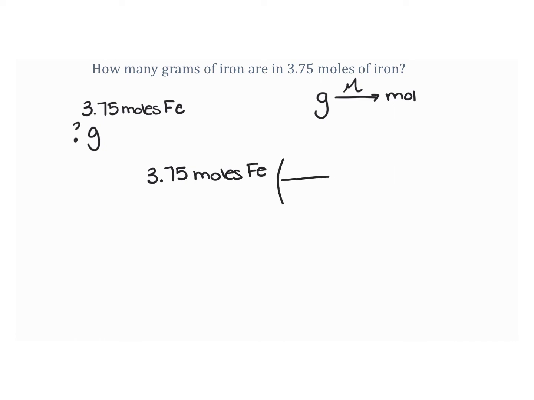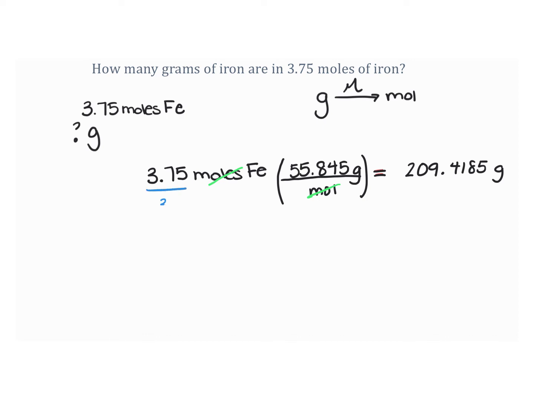And now I'm going to come here and I'm going to use the molar mass of iron. So I look up at my periodic table and I notice that the molar mass is 55.845 grams per mole. Now I know that mole needs to be in my denominator here so that it will cancel out. So that's 55.845 grams per mole. And we see here that our moles cancel and we're left with grams. So instead of dividing, what you're going to do here then is multiply. And so when you multiply, you should get 209.4185 grams. But understand, we need to round.